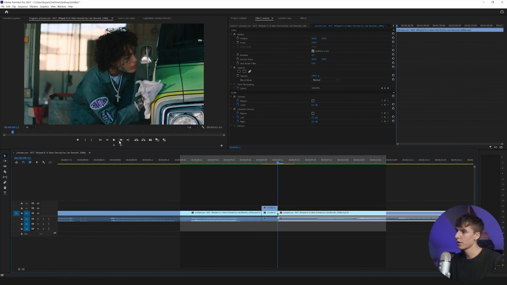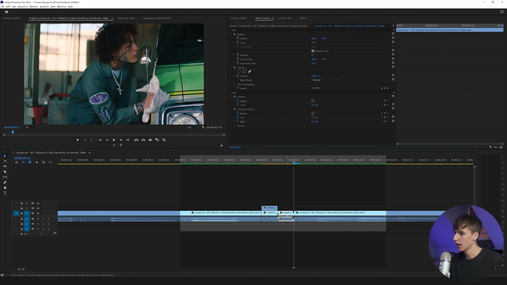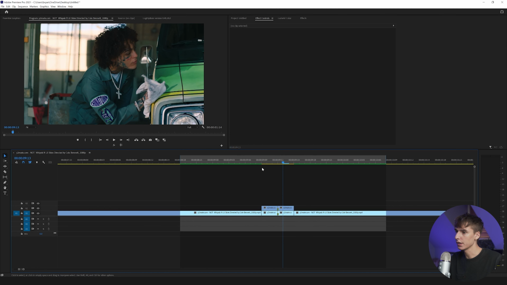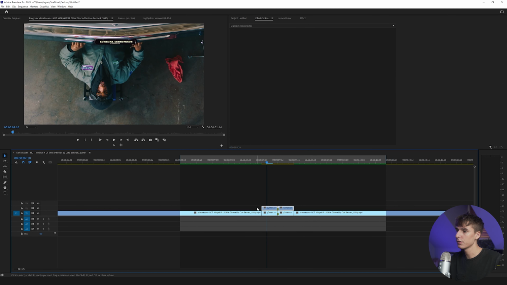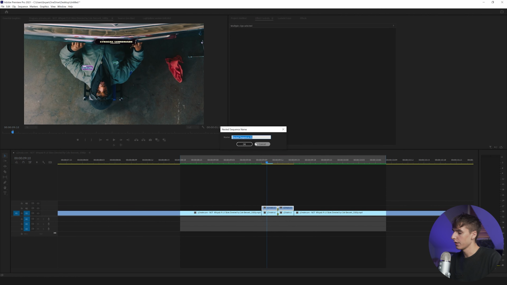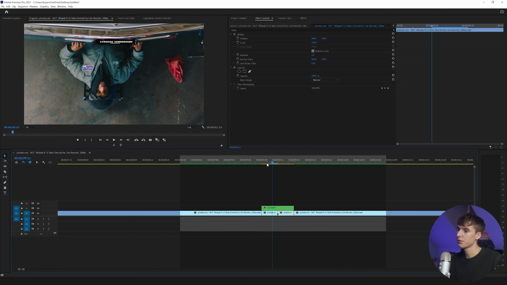And then 3 frames forward, 1, 2, 3, and then hold Alt. So now you have this layer of 2 clips above. I just went ahead and deleted the audio so we don't get copyrighted or anything. But now that you have your 2 clips above, what I'm going to do is just click Nest, and then transition. That's going to make it into one clip, so you can just keyframe easily throughout the